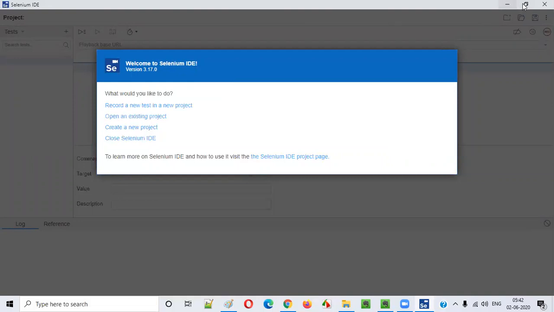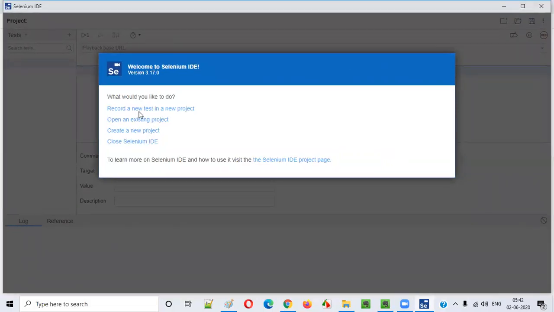So here I launched Selenium IDE, and before this particular tool can perform some automation testing, I have to write some code, right? So for that, this particular automation tool has this recording option. You don't even have to write some automation code. We can simply record something that we want to automate, and then later this automation tool will perform the automation and perform the testing for us. So let me record a test.